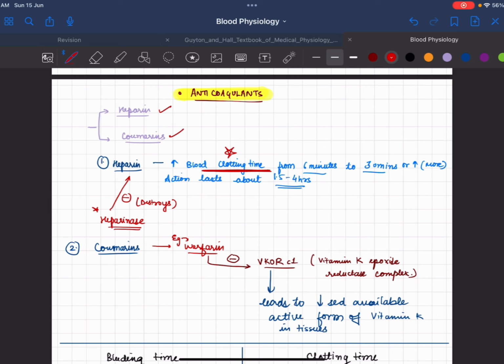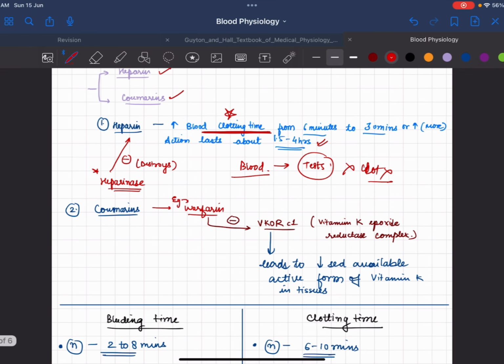So you'll see later that heparin is filled in syringes when we take ABGs and everything. And the vials also contain heparin or anticoagulants, so that blood which is present for blood tests doesn't clot, right? So that it doesn't clot, this is done, okay, to increase their life, right? So heparinase is an enzyme which actually destroys heparin.